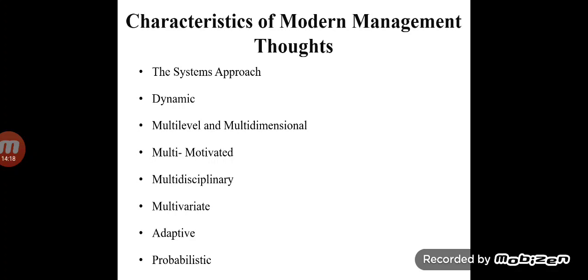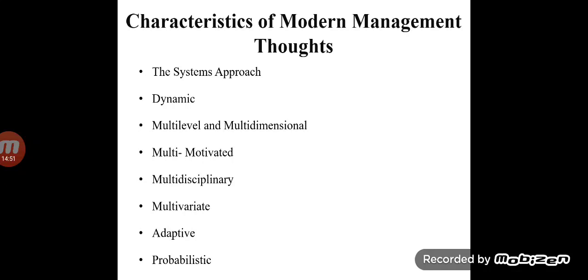But nowadays management is not only focusing on achieving the goal, but providing some facilities and getting the work done by others in an appropriate way, so that the organization will benefit and employees will also benefit. This is the method we are implementing in modern management. That's why we call it modern management thought, and these are the characteristics of modern management. Very important point for your examination. Learn this point